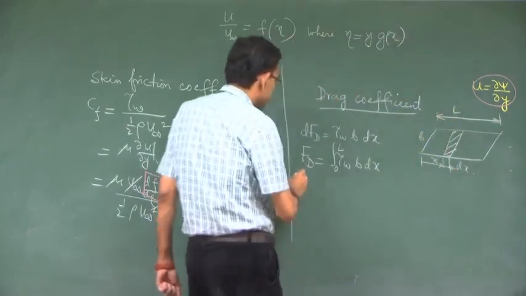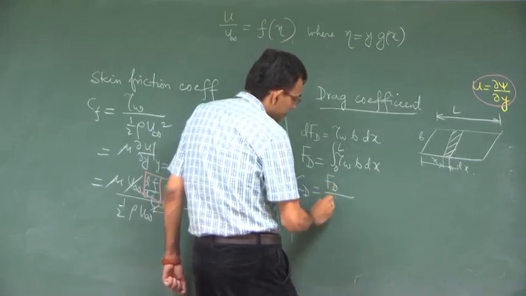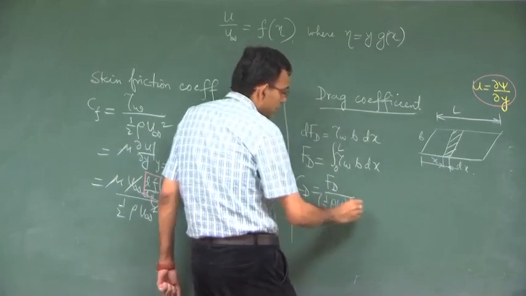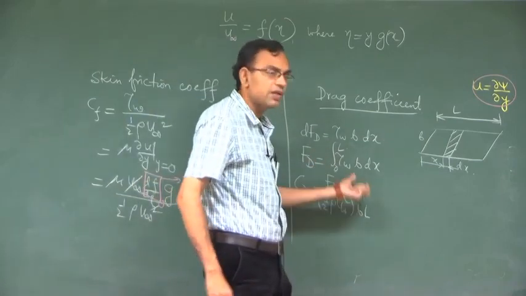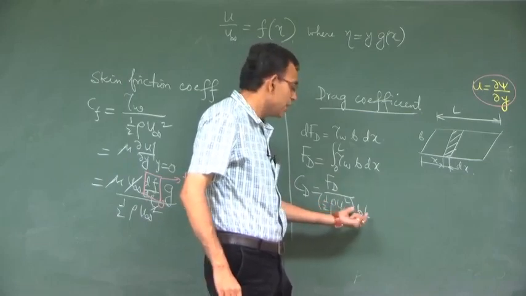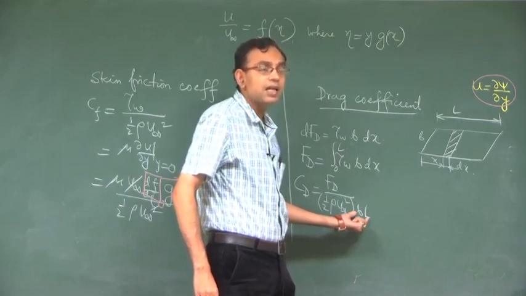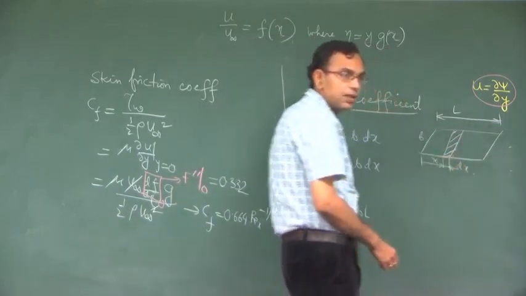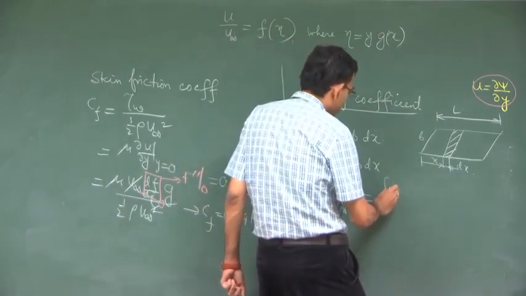The drag coefficient CD is this FD into B into L. See, this is a general definition of the drag coefficient, drag force divided by half rho V reference square divided by a reference area. The reference area is the area which is physically meaningful to giving rise to the drag force. Here the surface area of the plate is physically meaningful to give rise to the drag force. So, this you can write tau wall